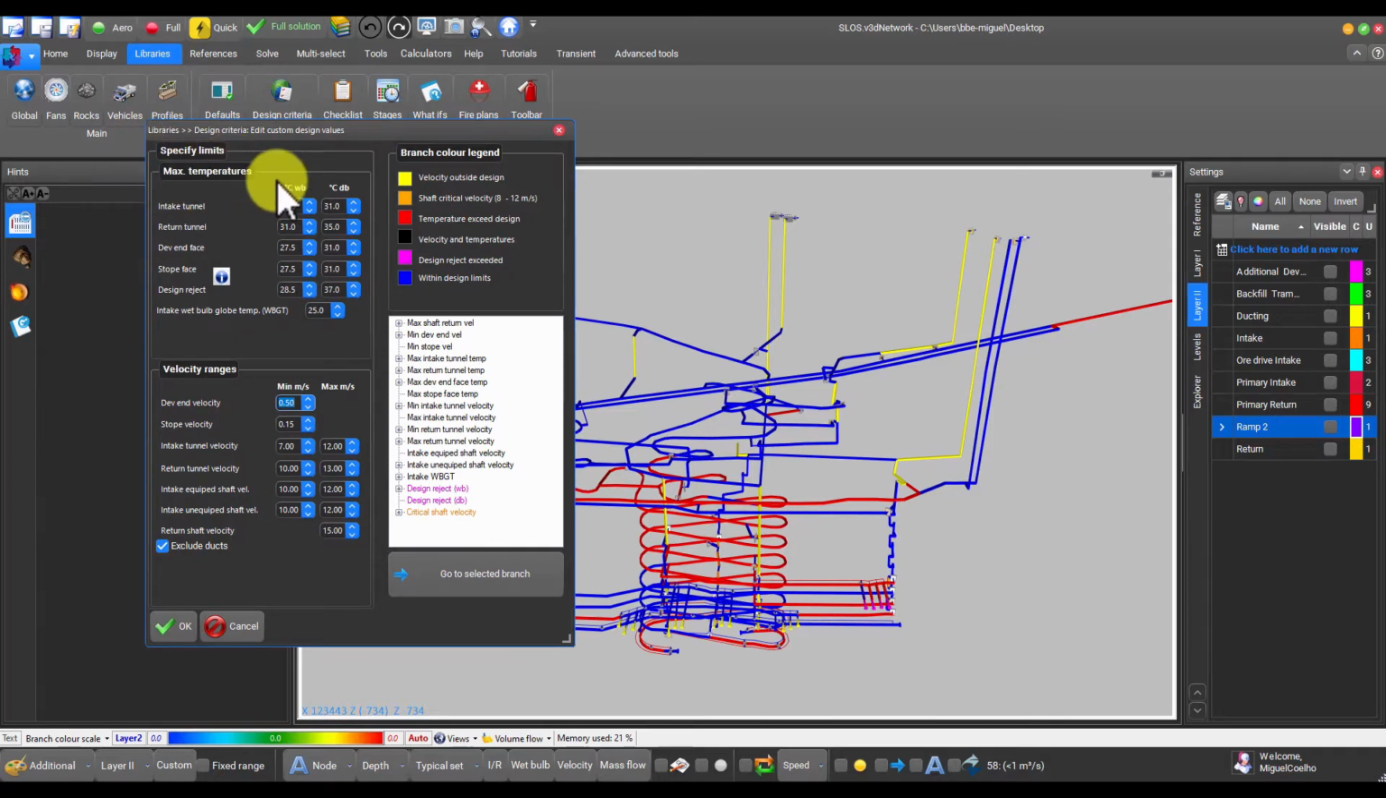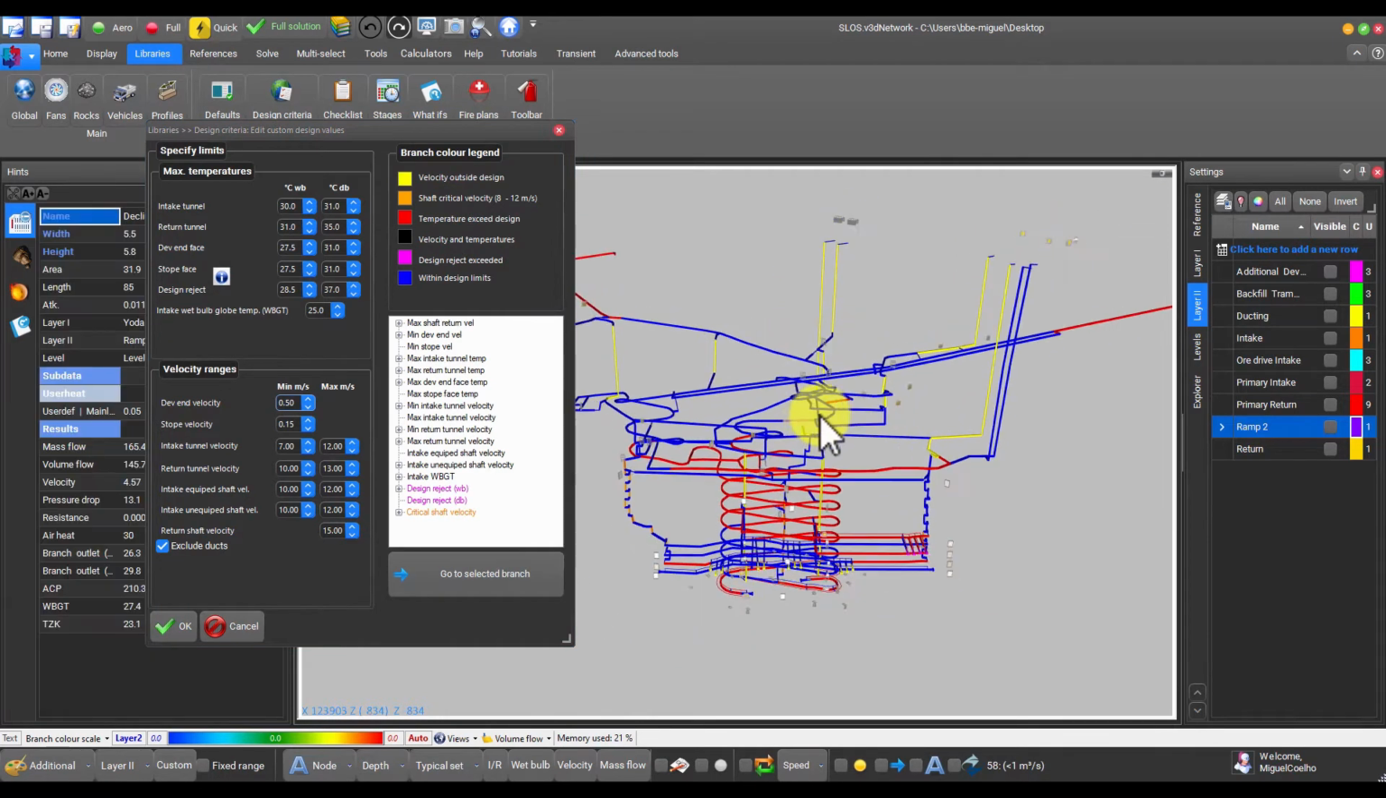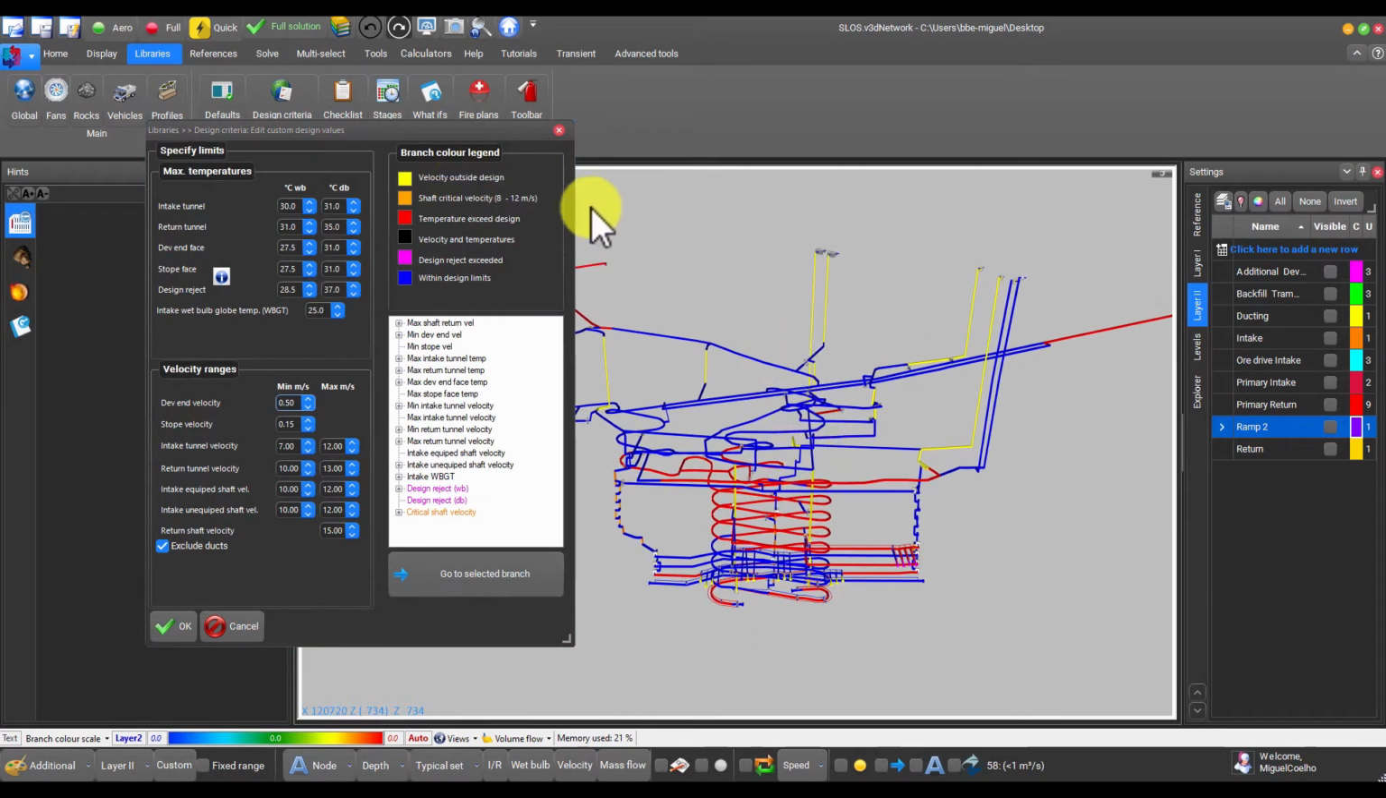And here you can set up this field here, you can set up the maximum temperatures for wet bulb, dry bulb. This field here is the velocity ranges. And in the background, the model was already started highlighting when the velocity is out of design, when it's in the critical velocity or the terminal, the critical velocity where